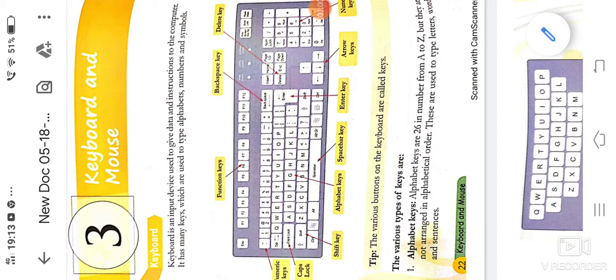The various buttons which are there on the keyboard are called keys. With the help of keys on the keyboard, we type different alphabets, numbers, and symbols.